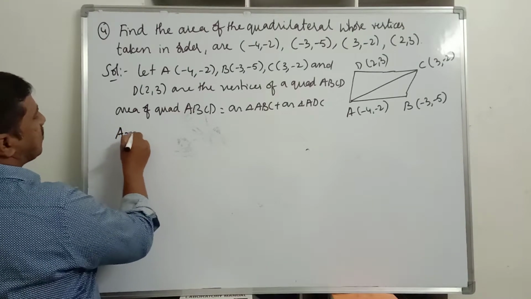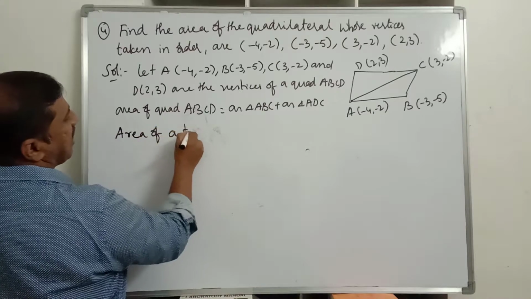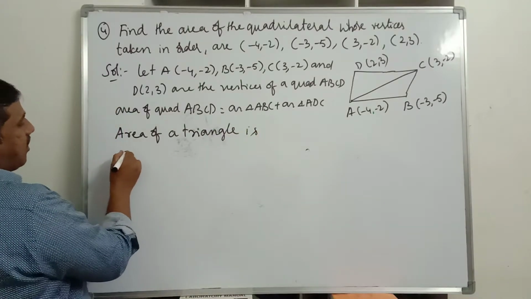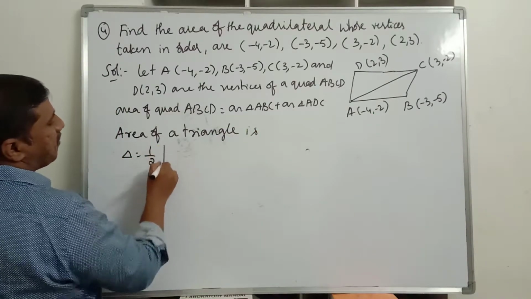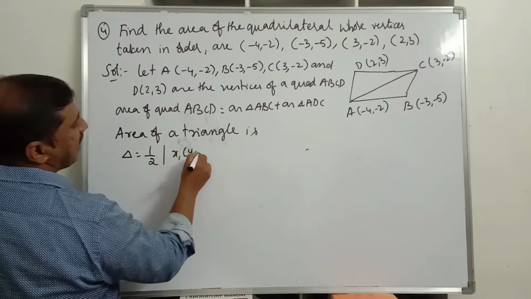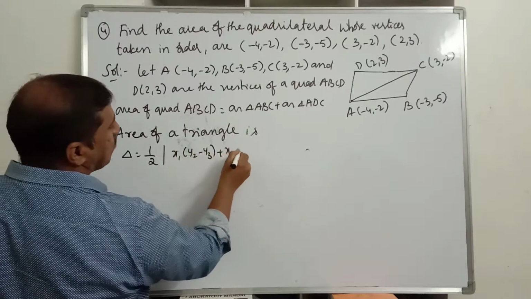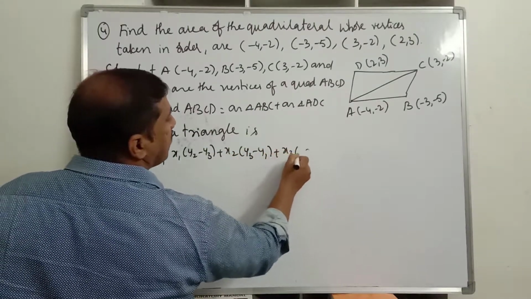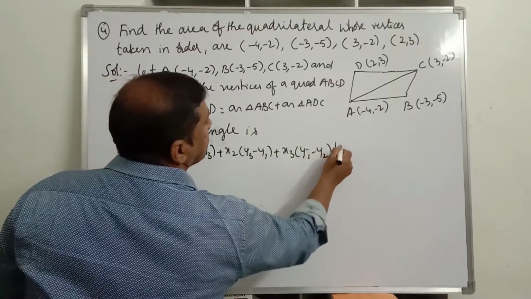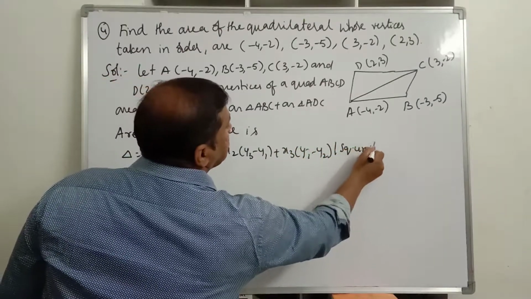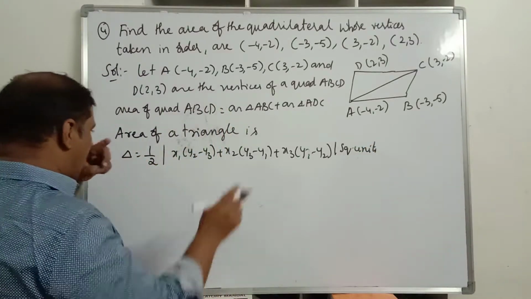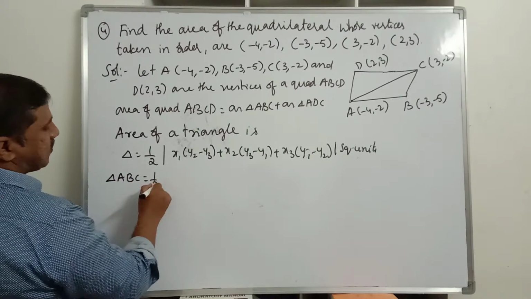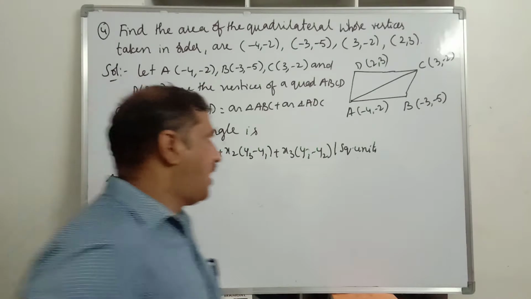The area of a triangle is given by the formula, right? Write the formula: delta is equal to half into modulus of x1 into (y2 minus y3) plus x2 into (y3 minus y1) plus x3 into (y1 minus y2) square units. Now you substitute this. Now I am finding the area of triangle ABC. The area of triangle ABC is equal to half into modulus of